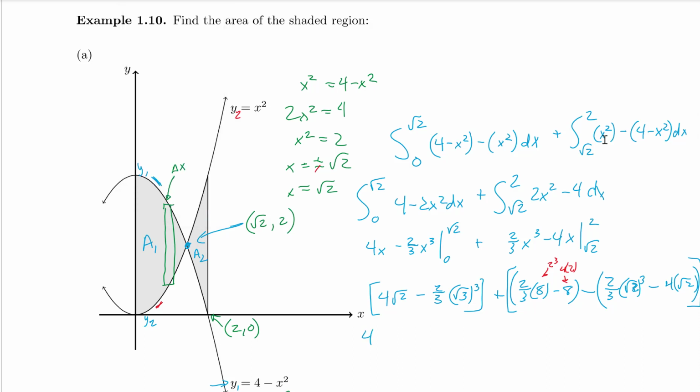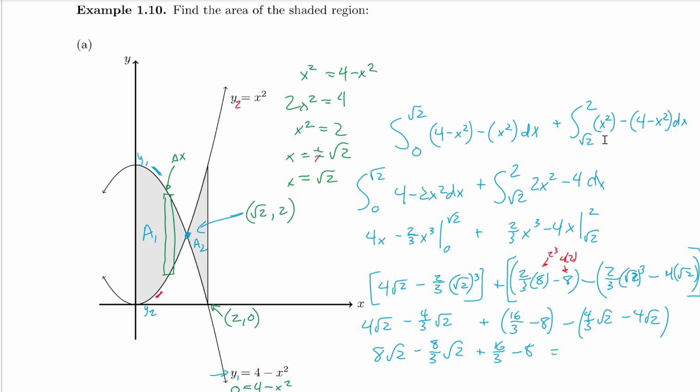We get 4 square root 2 minus 4/3 square root of 2. Whoops, I did that again. That should have been square root 2 right there. Plus 16/3 minus 8 minus 4/3 square root 2 minus 4 square root 2. And that gives us then 8 square root 2 minus 8/3 square root 2 plus 16/3 minus 8, or